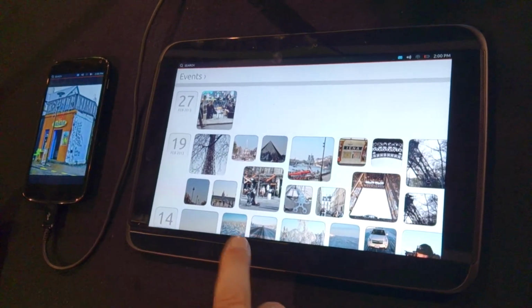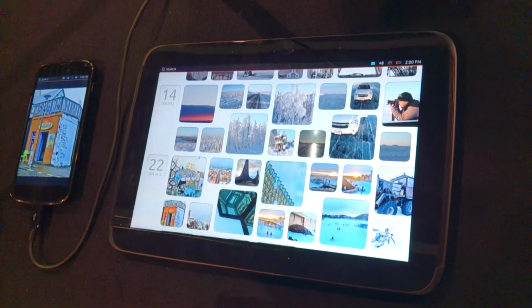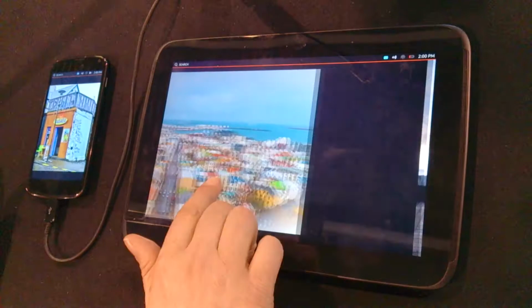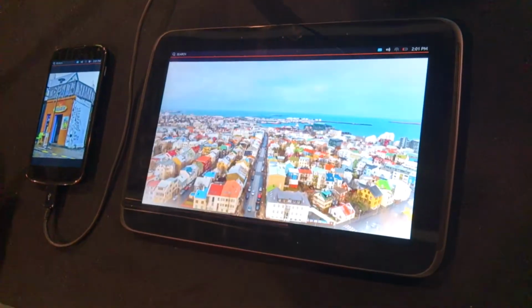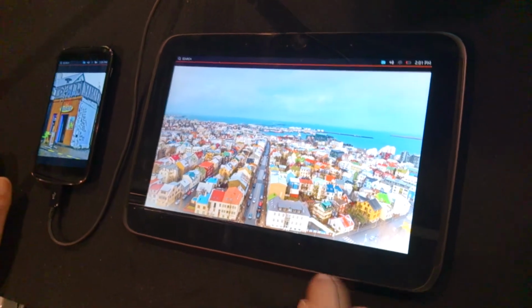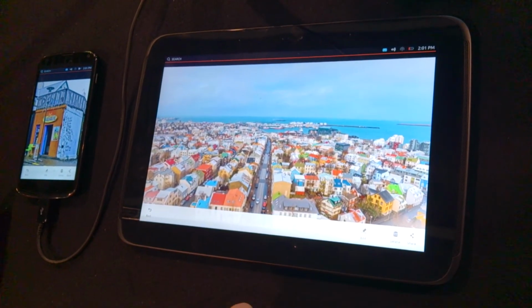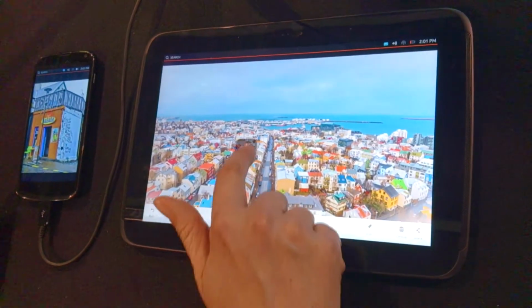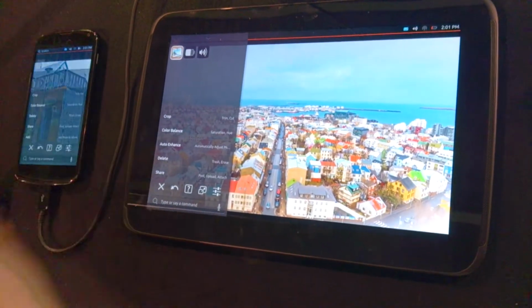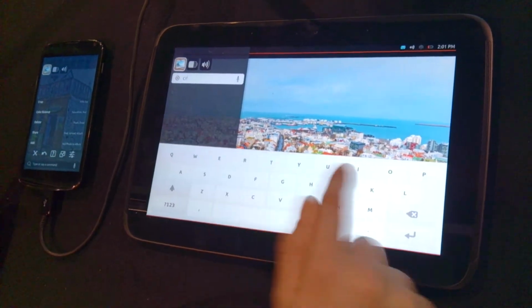One of the key things about our interface is that we like to keep it out of your way. This is your device showing your content, so you don't need to look at what clever designers we are and whether or not we can do nice buttons. So we like to keep everything out of the way until you're ready for it. You can swipe in from the bottom and bring in the toolbar of the most frequently used things. If I swipe a little bit further, I can bring in what we call the HUD, and the HUD gives you access to a really rich set of